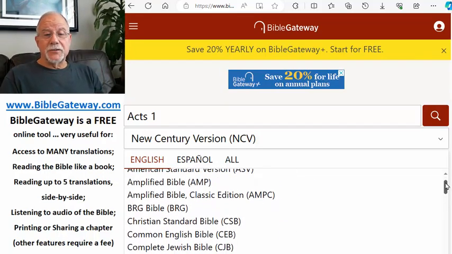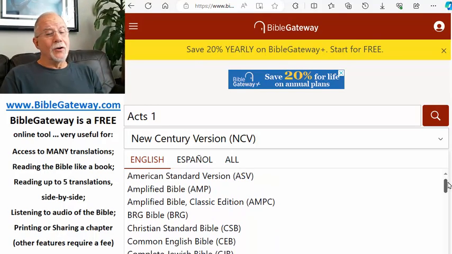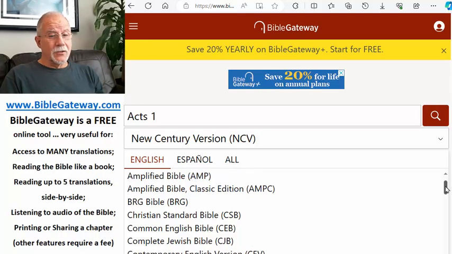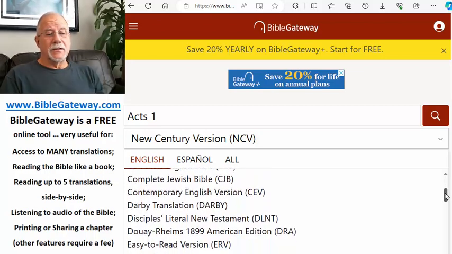And not all of these translations are ones that I would recommend for regular study, but they all are the Bible. And we've all got, as Christians, we've all got the Holy Spirit living within us to help teach us and guide us in the Word and in truth. So, go for it. I'll put in a couple of plugs here. There are a few Bibles I would highly recommend for accuracy,